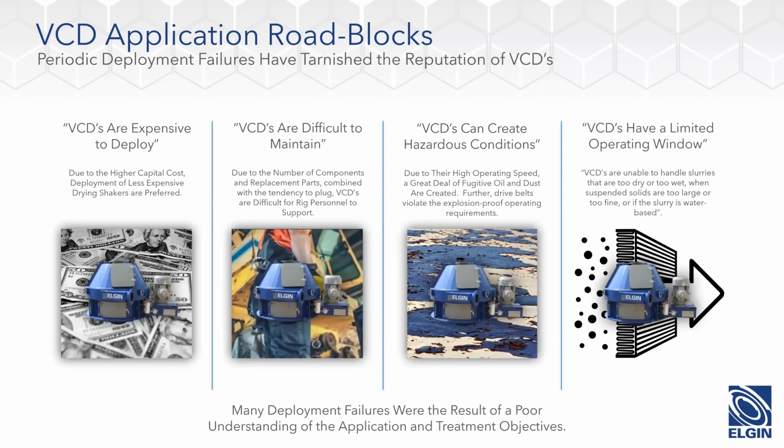I apologize here. Obviously, we've got this set up on automatic forwarding in the slide, so I have to keep backing up. But for the VCDs, the first one is that VCDs are expensive to deploy. And we've heard that quite a bit in comparison to drying shakers and other elements. The reality is that at one point, the vertical cuttings dryers were definitely more expensive. And we'll talk a little more about the actual pricing, despite what's happening in the market,